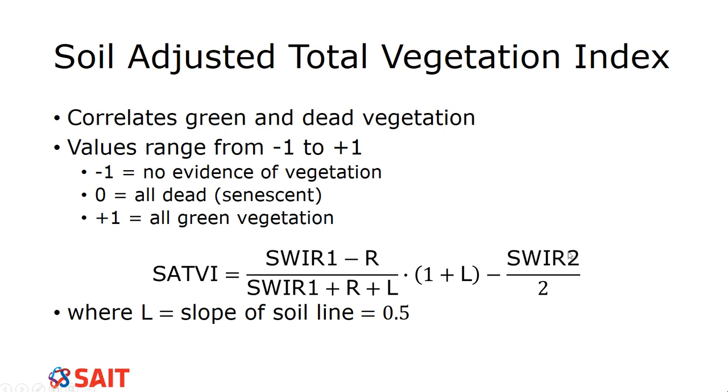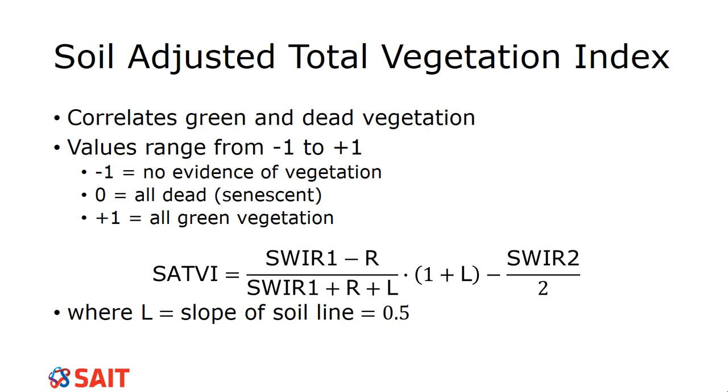And last but not least, good old soil. There's so much soil calculation in all this because vegetation and soil kind of go together. So the soil index, this one looks at green and dead vegetation. So I can actually separate out the two rather than just saying no vegetation or there is vegetation or it's healthy or whatever. This one actually says it has a measure between green and dead and then no vegetation. So where before you saw that it was like healthy vegetation, water, and clouds, this is now taking that to